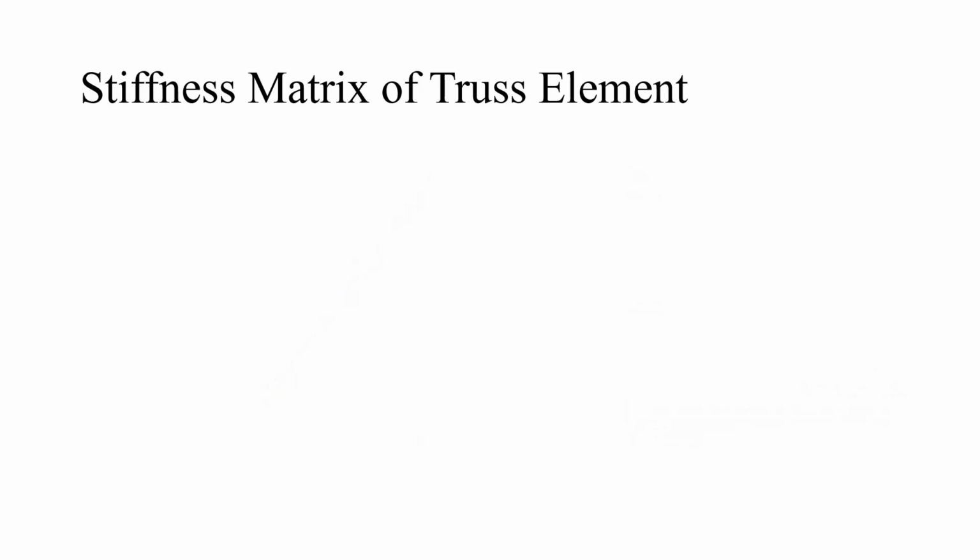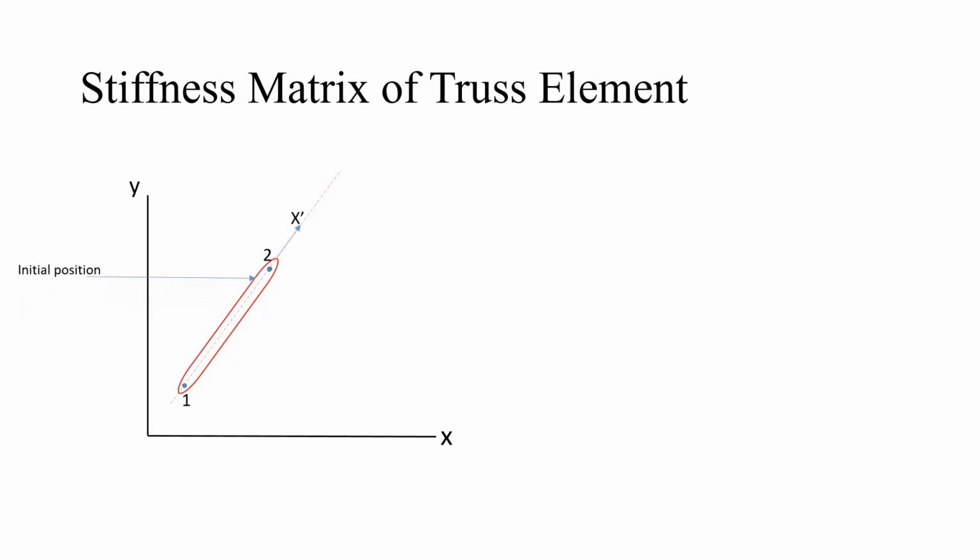Let's now move on to the derivation of the stiffness matrix of a truss element. Let's again consider the global coordinates truss element with nodes. So this is the initial position. X dash is the local coordinate system. X and Y are the global coordinate system. Now, when you apply the force, your truss element will move from its initial position to a new position after the application of load. You can see after the application of load with respect to x dash direction, node 1 will displace by a distance q1 dash and node 2 will displace by a distance q2 dash. So q1 dash and q2 dash are displacements of node 1 and 2 respectively with respect to x dash